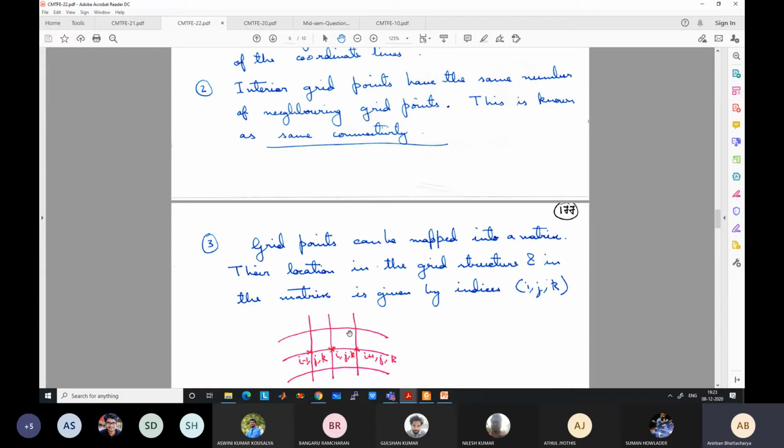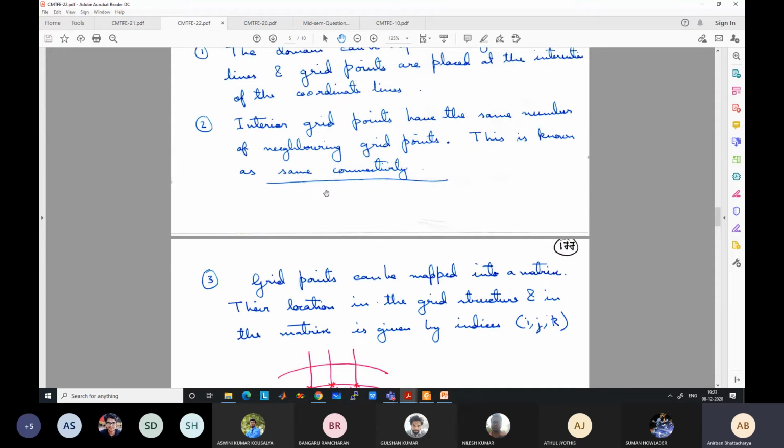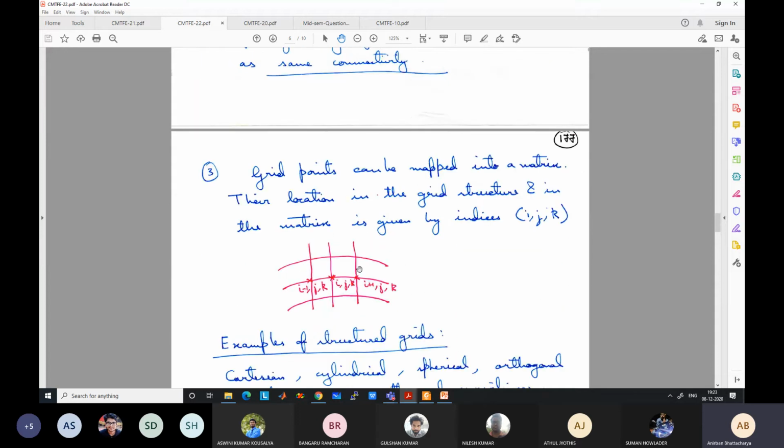And if you cannot formulate them in the same pattern, you cannot put them in a matrix form like we have done previously. It is much more difficult, or not possible. The matrix will have an unequal number of rows, so you have to pad them with extra zeros or something like that. So structured grids will always have the same connectivity. Each grid point will have the same number of neighbors for any internal grid point. It does not matter whether it is Cartesian, spherical or cylindrical.